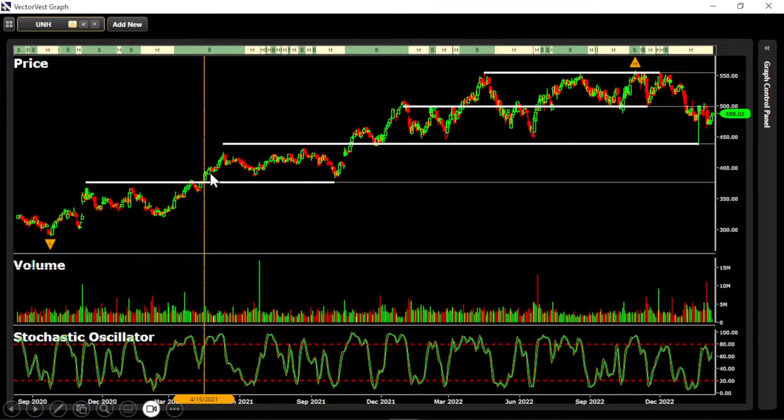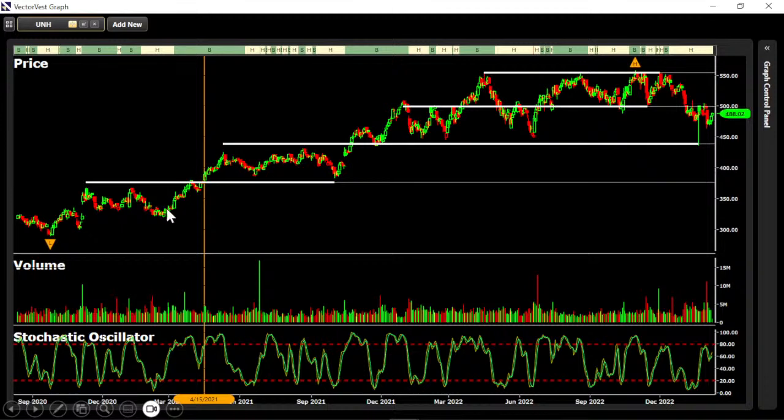But if you've got your trader hat on, you're looking at this stock from November of 2020 all the way through March of 2021, and you're saying, man, I see this zone. I can't buy this stock before it breaks above this roughly 375 resistance zone. You're negligent if you do that, right? Because what's happened in the recent past? The stock price has failed to break above that level and retraced from it. So it's a little careless to buy it before the breakout.